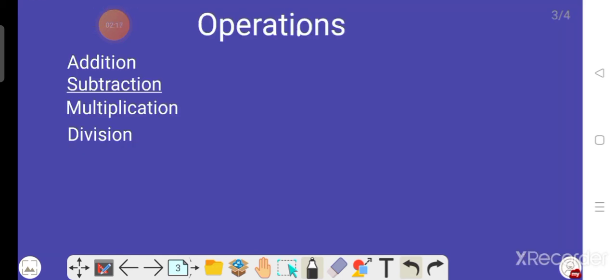Okay, now we will learn about the operations that we can apply on decimal numbers beta. We can apply these 4 operations on the decimal number: addition, subtraction, multiplication, division. We can add two decimal numbers, subtract one decimal number from another, multiply decimal numbers, and divide one decimal number by another. Now we will learn about addition and subtraction firstly.